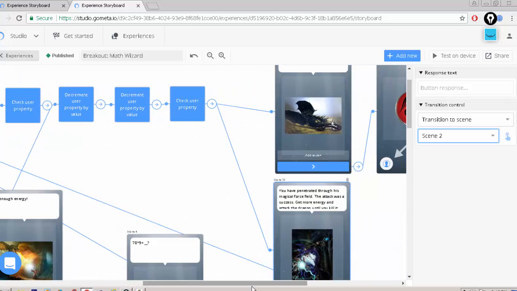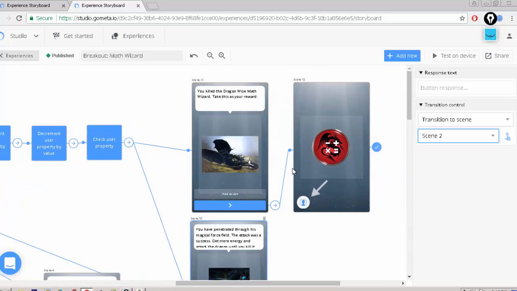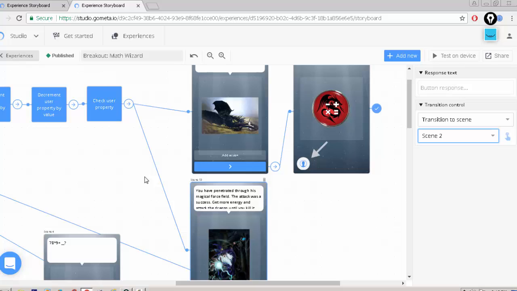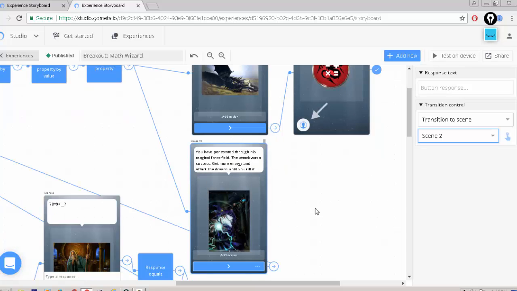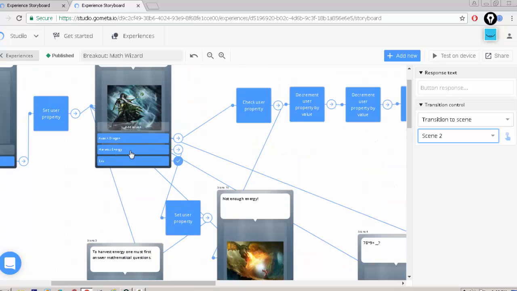If you have reached 0, then you will kill it. You have killed it, of course, and you will get the reward. If you have not reached 0, then you need to attack more. Then of course you go back to this scene. You're gonna think if you're gonna harvest energy or attack the dragon. Okay, so